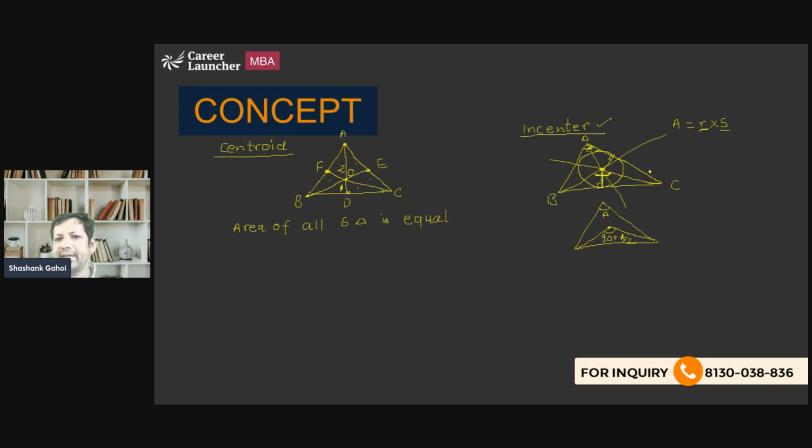So the second is, if you know how it is formed or how it is not formed, it doesn't make a lot of difference. Incenter is simply the intersection of your angle bisectors. Centroid is the intersection of your medians. Now the third one is circumcenter. What is circumcenter? So circumcenter is